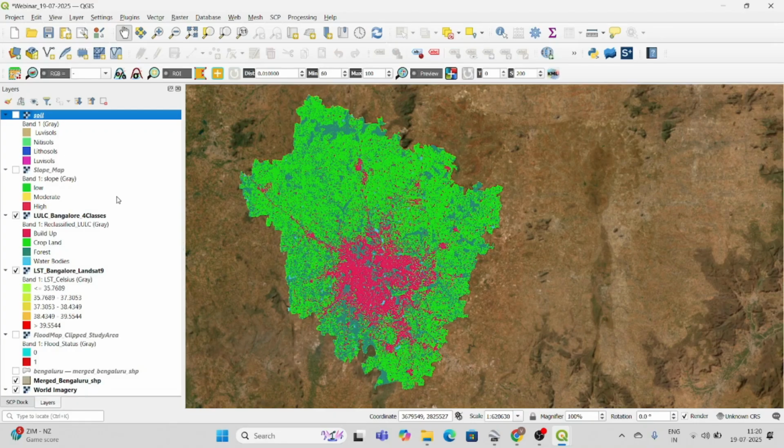The land use shows what's already there, and I also have a slope map. Is it flat enough to build a building? Is it okay to build a building here? Then temperature: will people be comfortable here? And flood risk, I'm also using the flood risk area. Will this area get flooded? These are the parameters I'm going to take today.